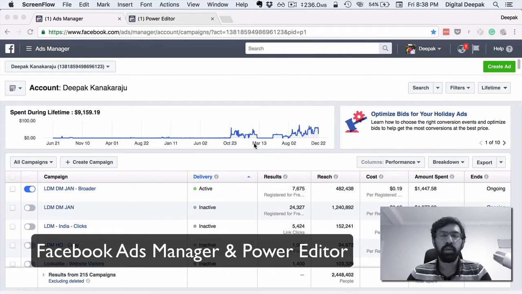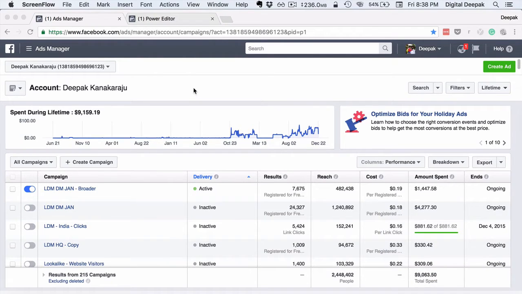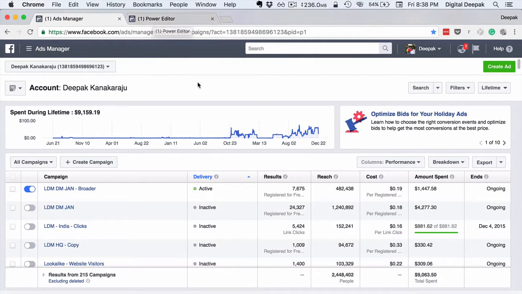In this lesson, we are going to have a tour of the Ads Manager and the Power Editor. So let's get started. I am here in the Ads Manager of my account and I have also opened the Power Editor here. We will just have a look at all the different options and have a tour of what's inside. Eventually, as we go into further lessons, we will go deeper into each and every concept, such as creating ads, analyzing the analytics, creating custom audiences, etc.